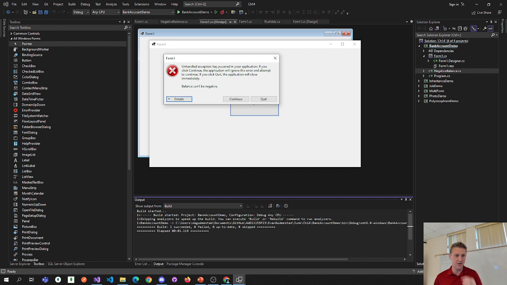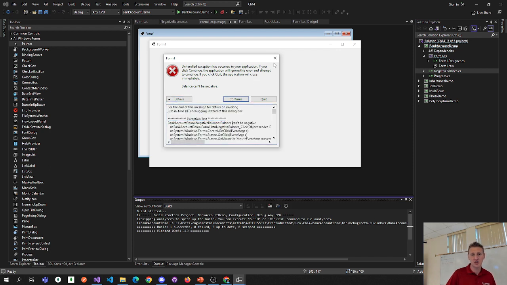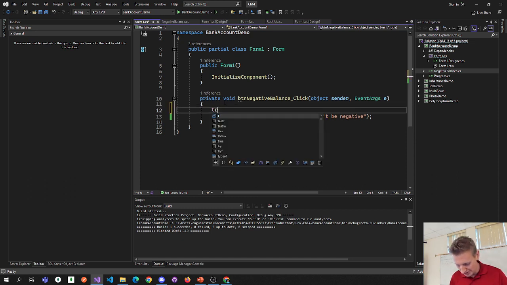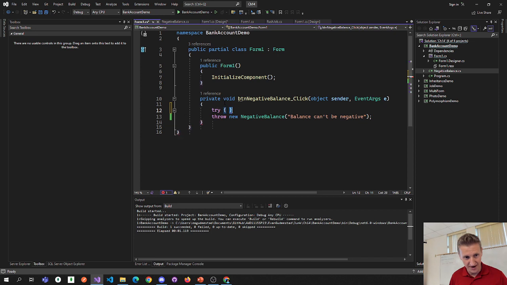Unhandled exception has occurred, and there's your message, balance can't be negative. So the message I gave it in the constructor shows up right there, unhandled exception. So how do I handle it? Well, this is where it gets interesting. You might say, well, why would you do this? I understand that logic, like, hey, I'm going to throw an exception, and I'm going to catch